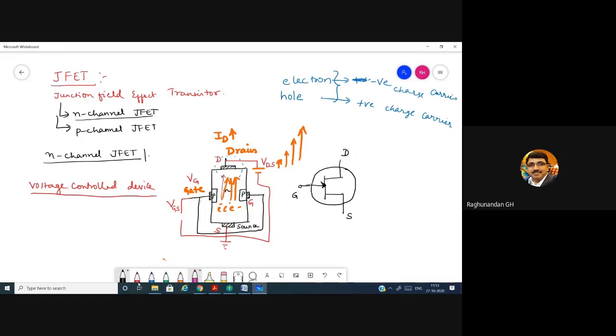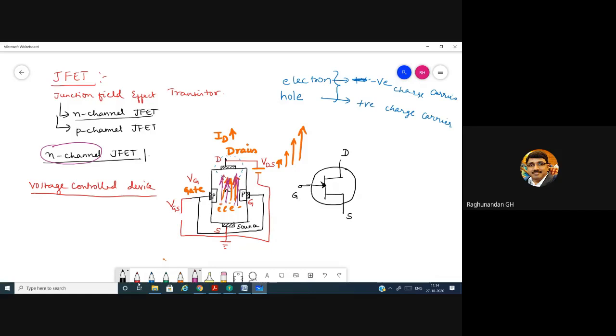Here it is a P layer, and here it is also a P layer. This is basically known as the N channel, because channel means path. This is the path taken by the electrons to flow. What kind of material is this path? N type. That's why the name N channel. The path through which electrons flow is of N type.